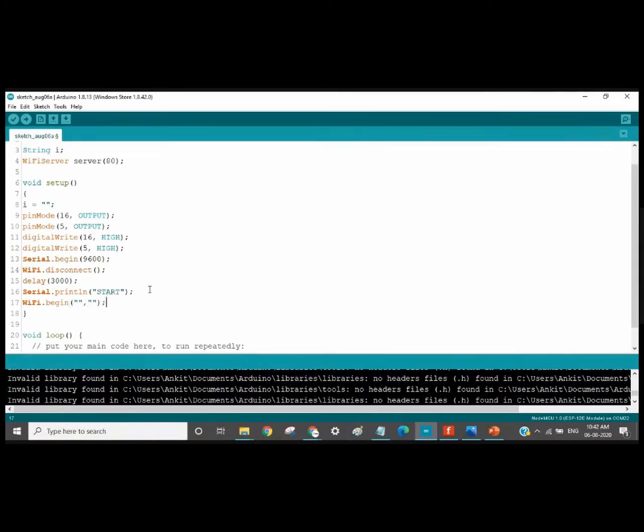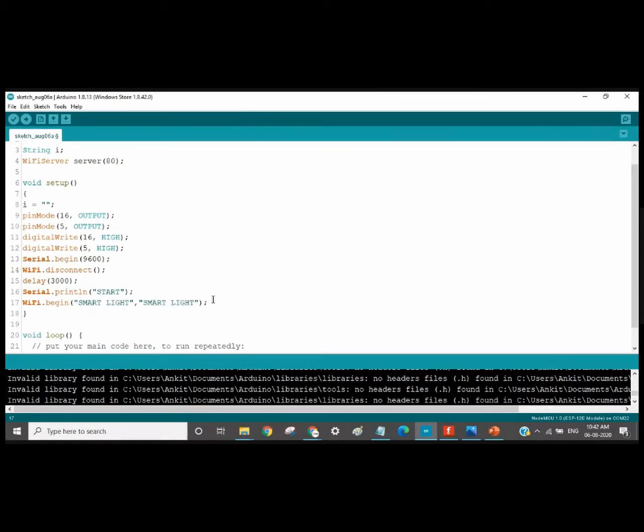First, you have to specify your hotspot name or your router name, the access point name. My access point name is Smart Light, and my password is also Smart Light. So I have defined my access point name, that is my SSID name, and the password for this.